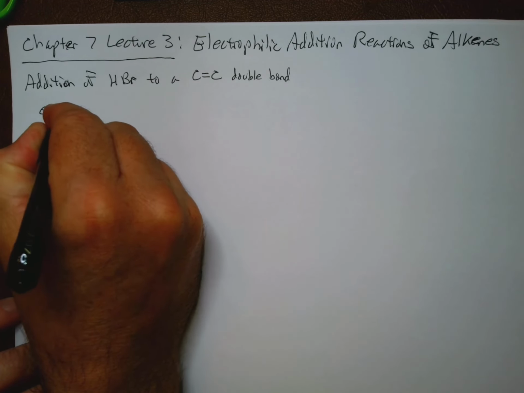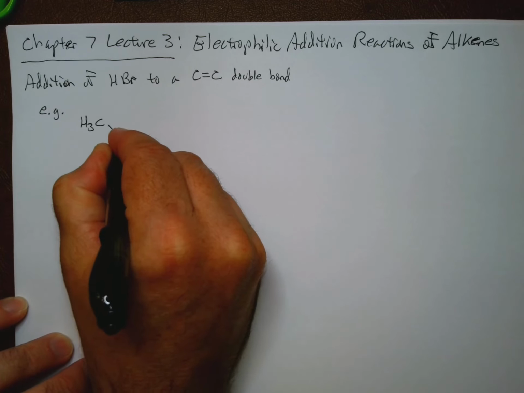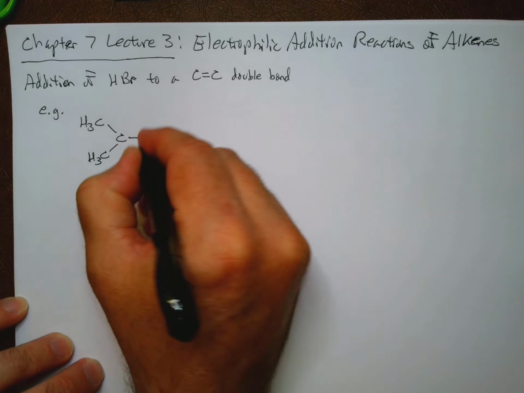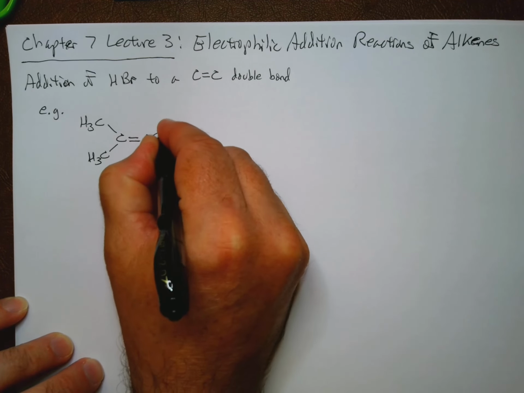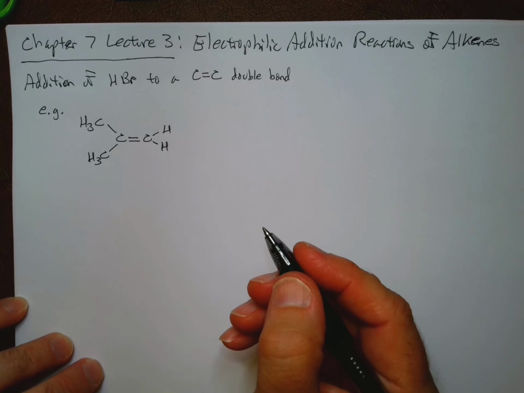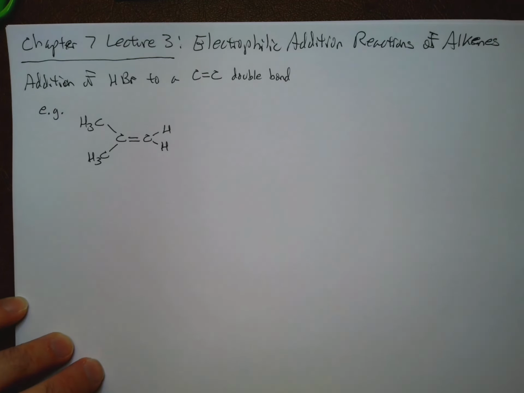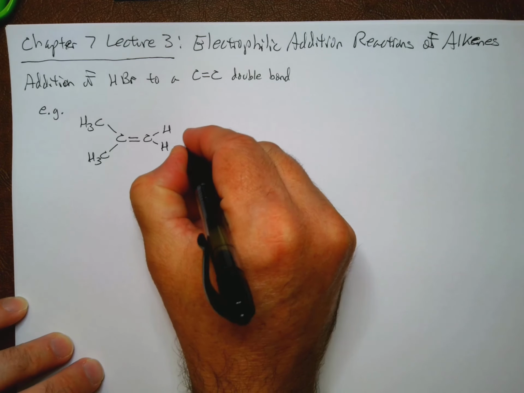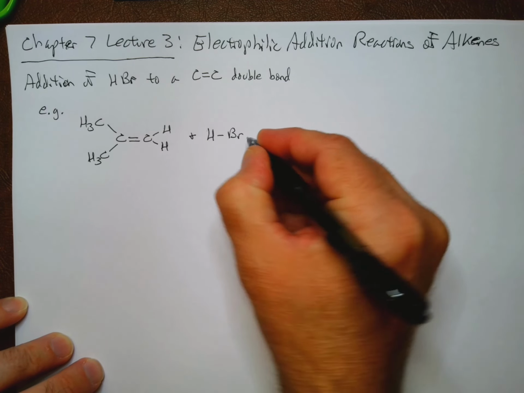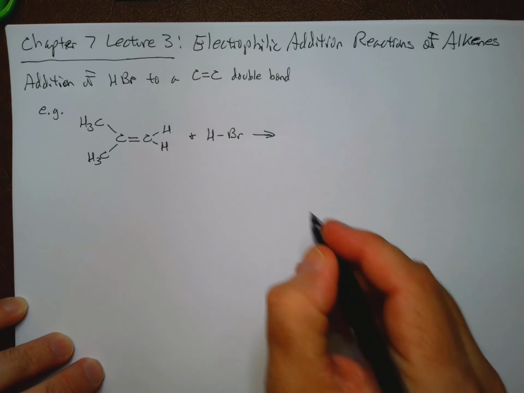So for example, we could take a look at the following compound here, 2-methylpropene, and we could react it with HBr, and we will go ahead and get as our product